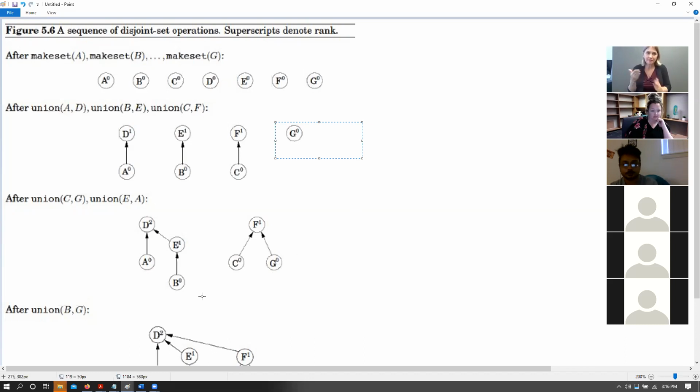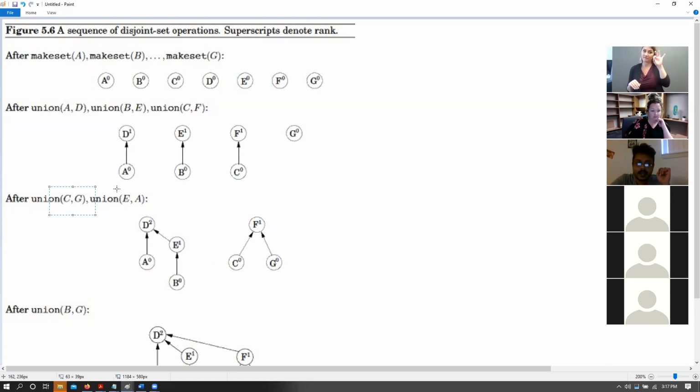And G is somewhere. So let's say that now we want to have a connection between G and C. In that particular scenario, and E and A as well. But let's first talk about C and G. So in this scenario, we are adding an edge between C and G, but we need to say that G's parent is also F. So that is the root node of this thing. So what we can do is just add this particular new vertex as a child of F.